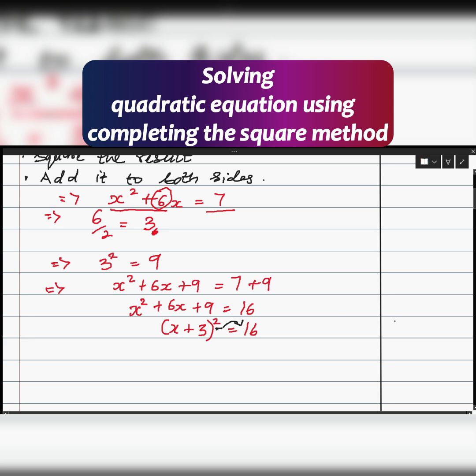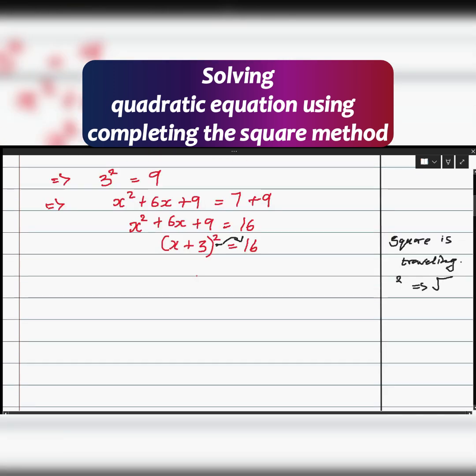And remember, when square is traveling, it becomes square root. Don't forget, it becomes square root. So I have x plus 3 equals the square root of 16,